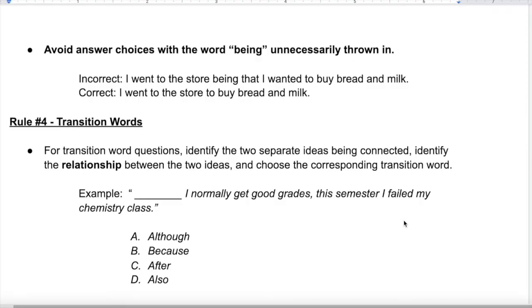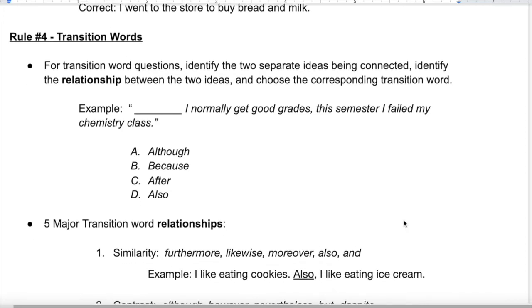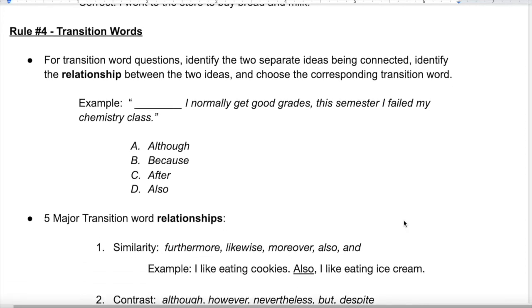All right, read rule number 4, transition words, please. For transition word questions, identify the two separate ideas being connected. Identify the relationship between the two ideas and choose the corresponding transition word. Okay, now this is a little bit tricky here. This is involved. I'm going to have to explain this. So you'll know you're being tested on a